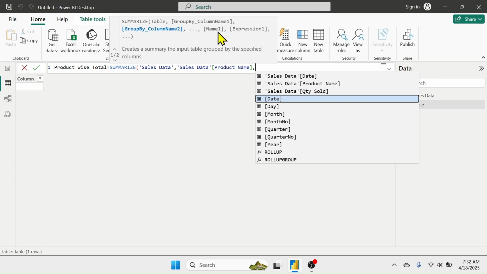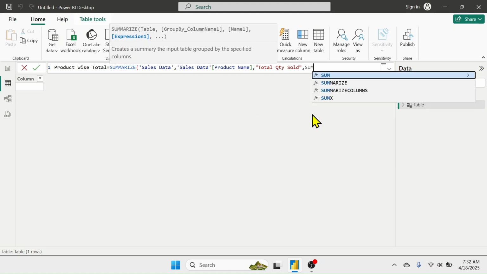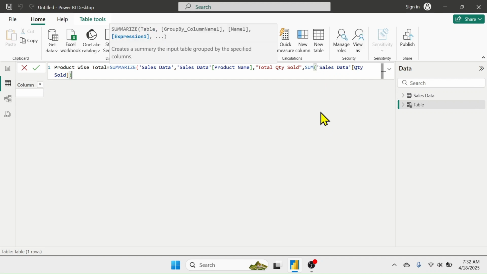In the name 1 parameter, we have to put the column header name for the values to be summarized. So that will be the total quantity sold. So put here double quotation, total quantity sold, double quotation, then put a comma. And finally, in the expression parameter, we have to use the sum function. So put here sum, open bracket, then select the quantity sold column of the sales data table, close two brackets,